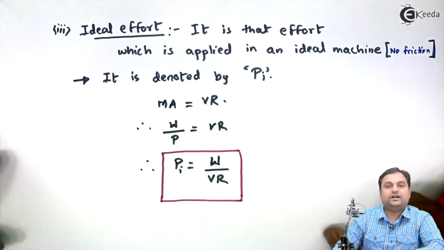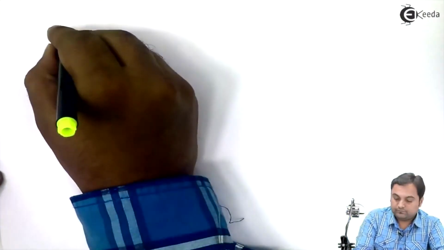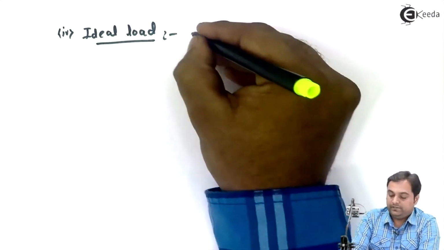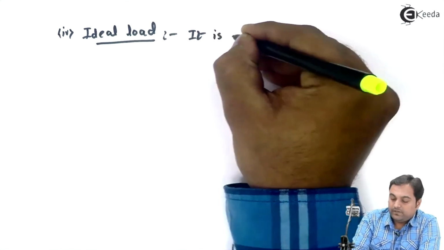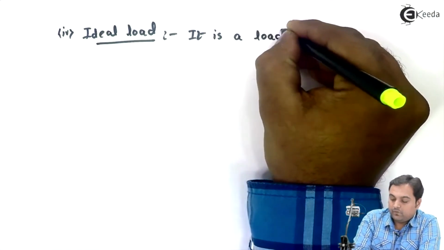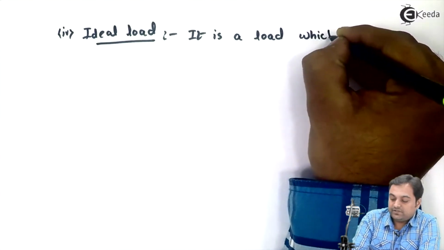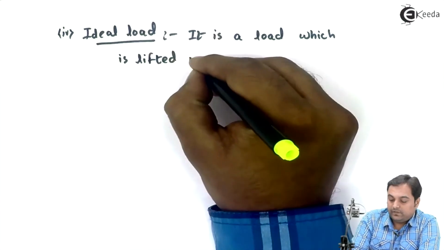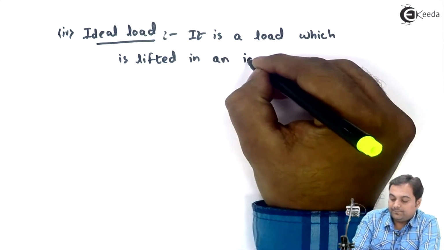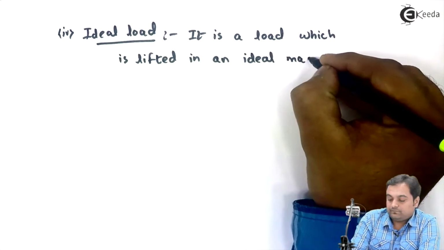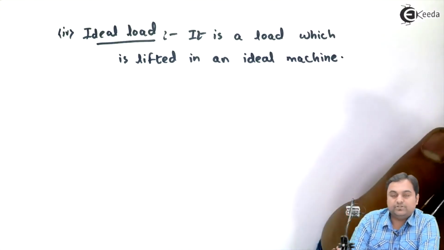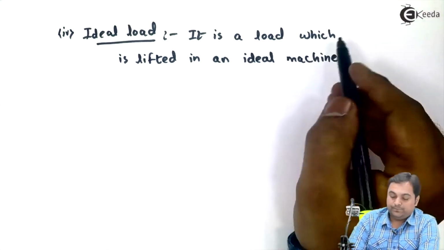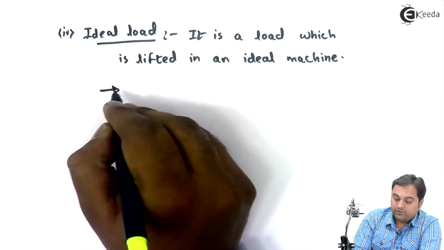Next is ideal load. Now ideal load, it is a load which is lifted in an ideal machine. Means a machine in which friction is absent. So therefore ideal load would be denoted by